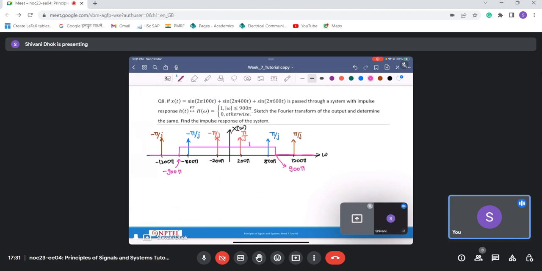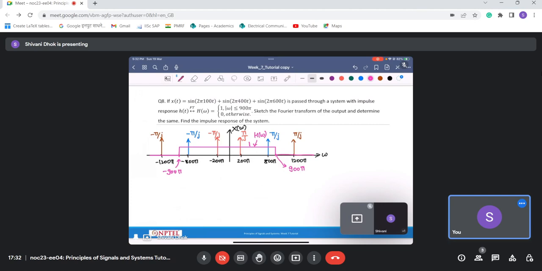If we observe here, this last frequency is not passed through the filter. That is, these last frequencies, at minus 1200 pi and 1200 pi, are simply rejected by this filter or by this system. It is only allowing the components located at minus 800 pi, minus 200 pi, 200 pi, and 800 pi. So after multiplication by this H of omega,